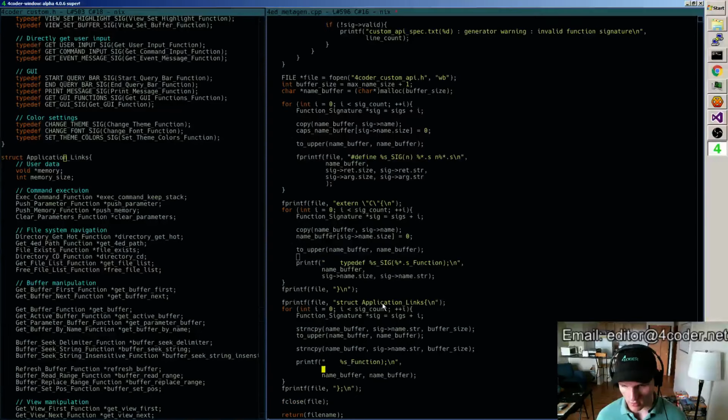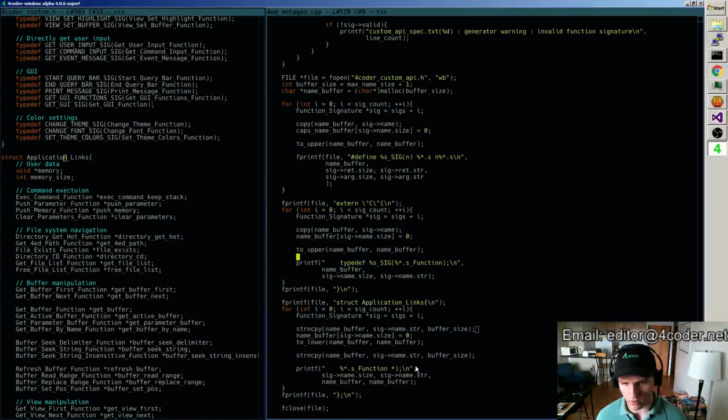Which looks like sig name size, sig name str. Right, so I plop that one out. That needs to be a star dot. And then I do star, and then I do the name of the thing, but tolower now, right? So I'm going to take this and go tolower on the name buffer, and I need a null terminator on that buffer for that to work.